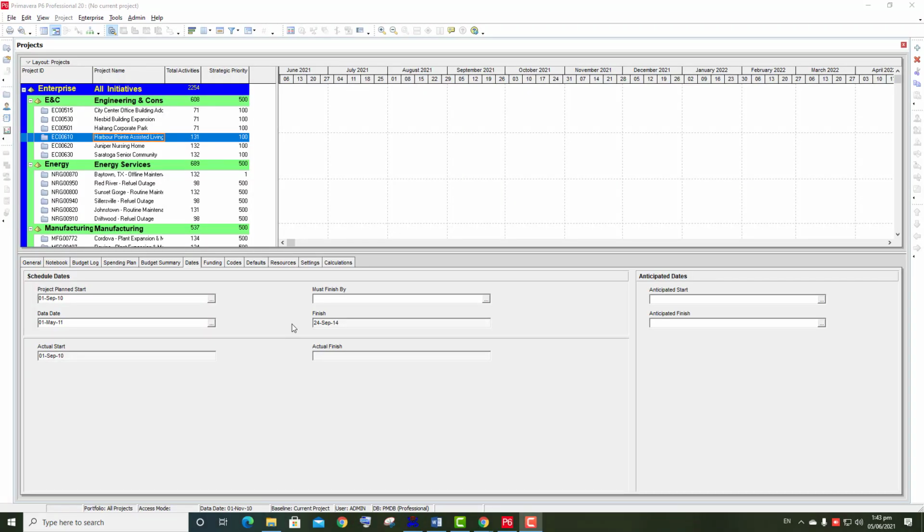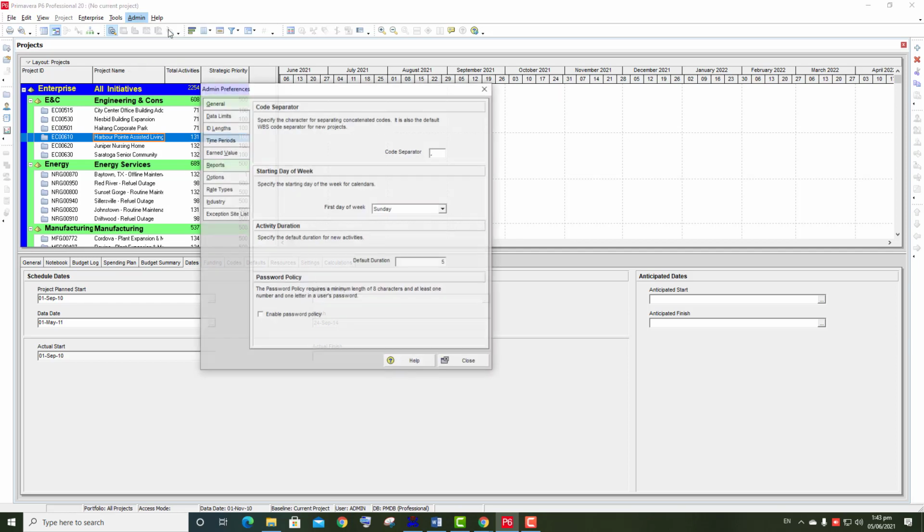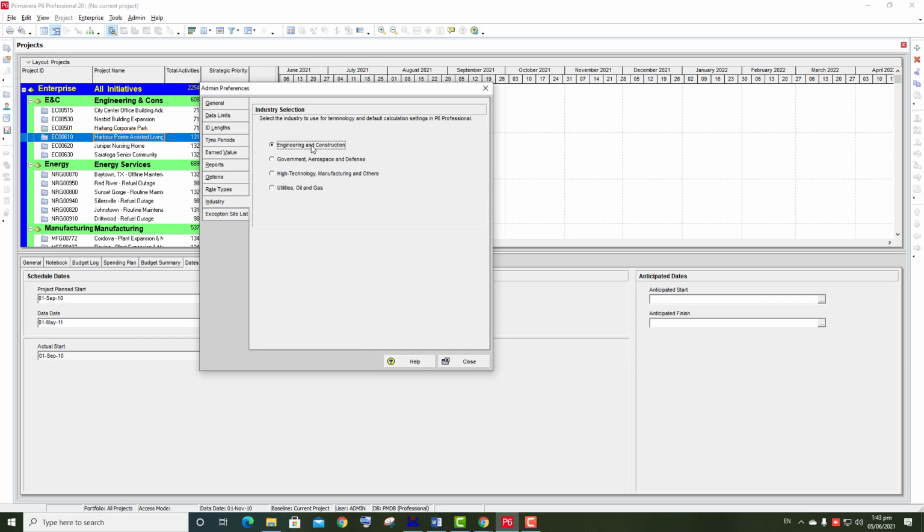All right, we have opened this application successfully, and now we will fix the problem we received, the pop-up message showing that industry is not selected. So we'll go to the admin preferences, and here industry, and we'll click engineering and construction.